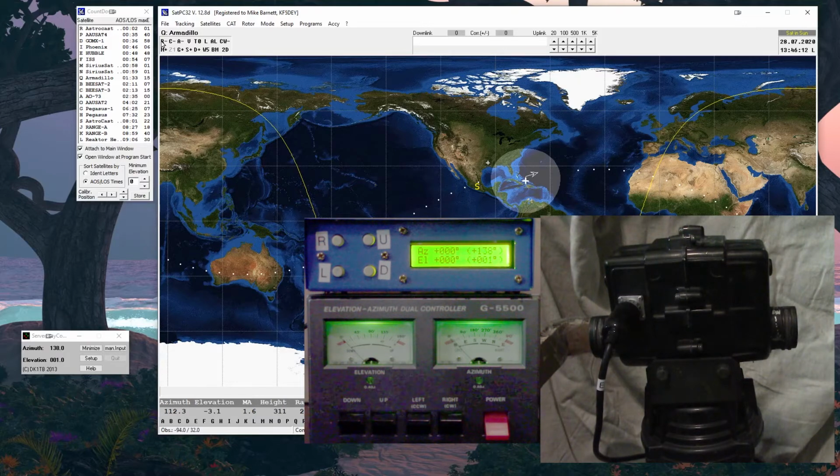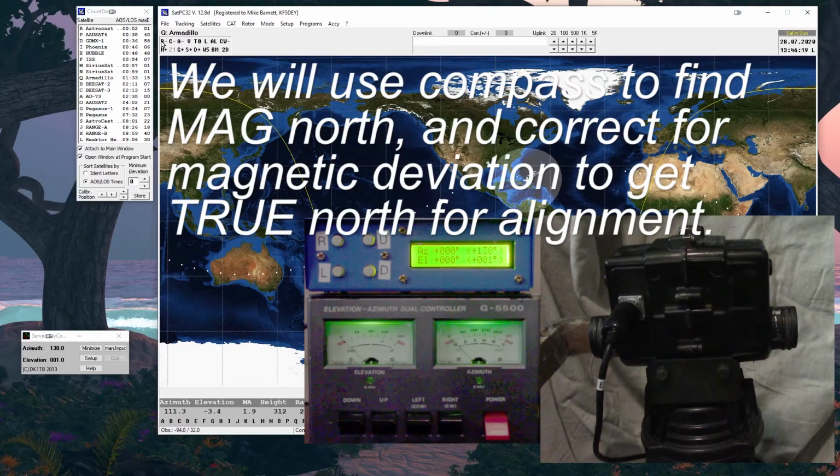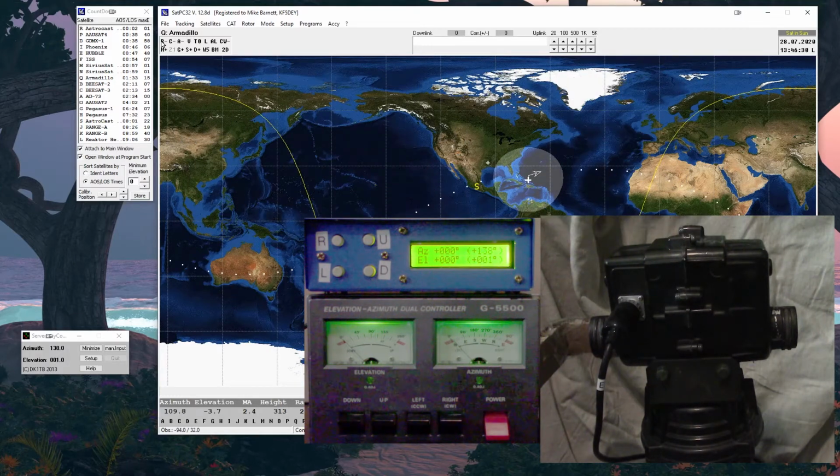So now that we know the rotor is where it needs to be, from there we just physically point the rotor where we want north to be. And we'll use magnetic north, so we'll need a compass, but once we have an idea of where that is, it's not going to change after we initially set it in place. So we set the tripod in place,